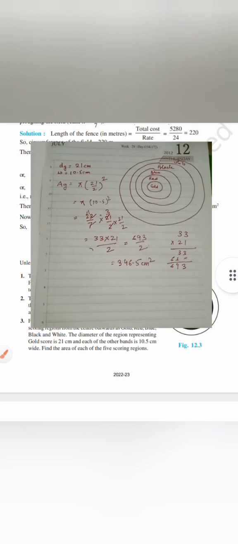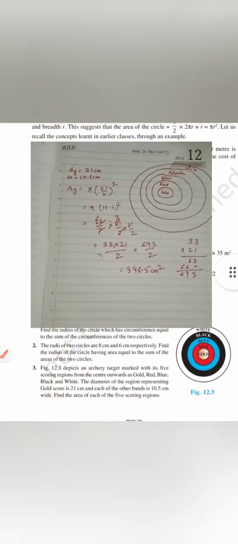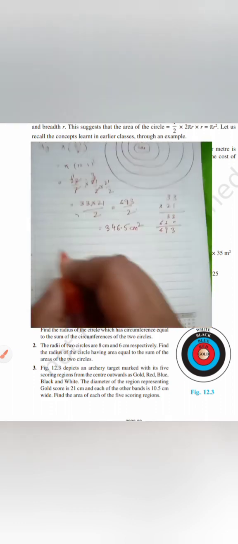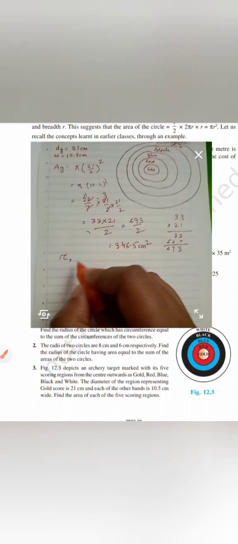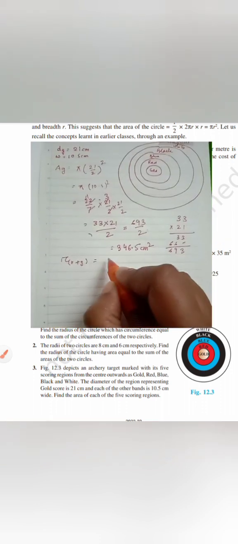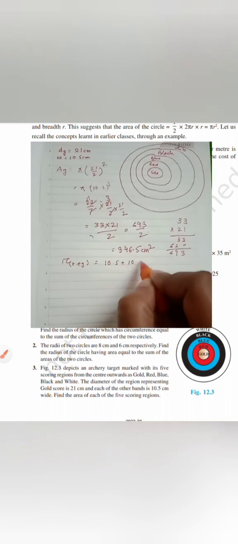So next, coming to the area that we have for red. In the case of red, what will we do? What is the radius of red? Radius of the red portion plus the gold portion together would be your 10.5 plus another 10.5, which is 21,